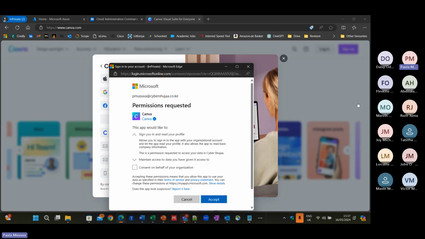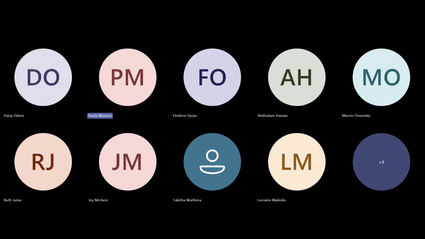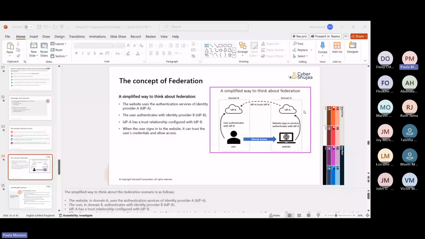So let me come back again here. And this is something we tend to use a lot. It's just that we don't know exactly the mechanisms around it. And the concept here is called federation. So you can see here federation being, I have a web application or a web service that has its own